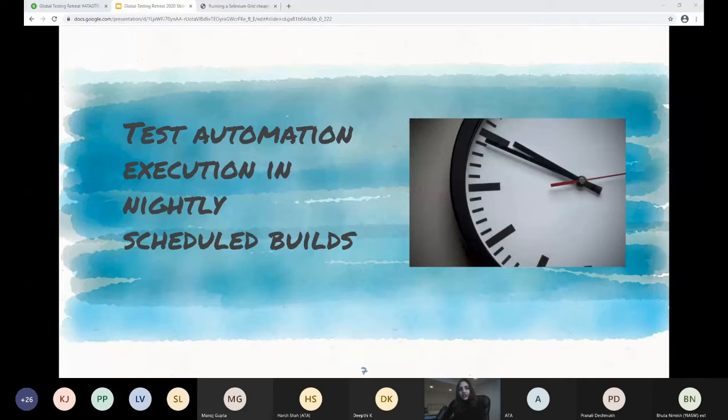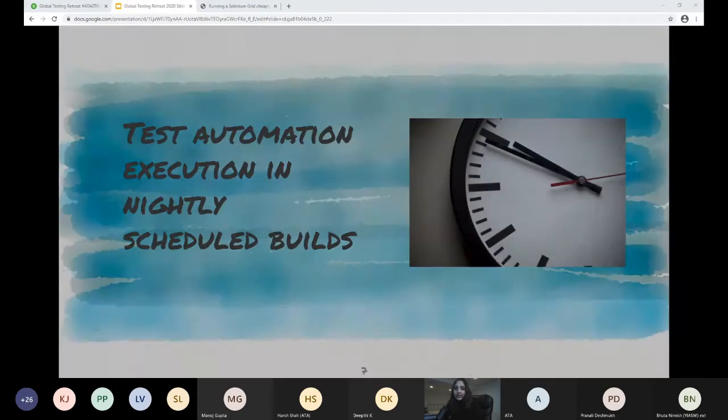And then slowly we started to use test automation execution in the nightly scheduled builds. So if we were using something like TFS or Jenkins, you could set up a cron job to run the nightly builds, or use webhooks that come along with the different tools if they had. And then we would run the tests at certain intervals, or as and when needed, maybe at night, so that in the morning when we come back, we can see the test results and the health of the previous day's builds. And then we can trigger them on build merge requests and things like that as and when needed. So that was about scheduling the builds.